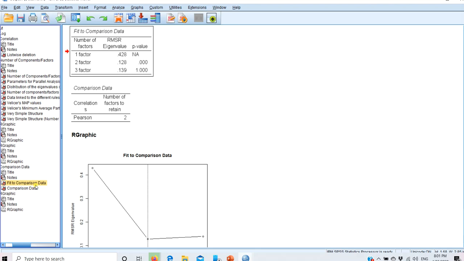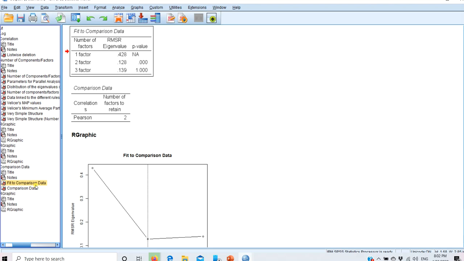So there is no one method or one solution to determine the number of factors. There are several methods. Best is to do various analyses and see where the results are converging. We should go for that. But if there are differences, then we can do two-factor and three-factor solutions, and then interpret the results and see which one is theoretically more congruent. So there is subjectivity involved in exploratory factor analysis, but these methods help us in determining the number of factors.